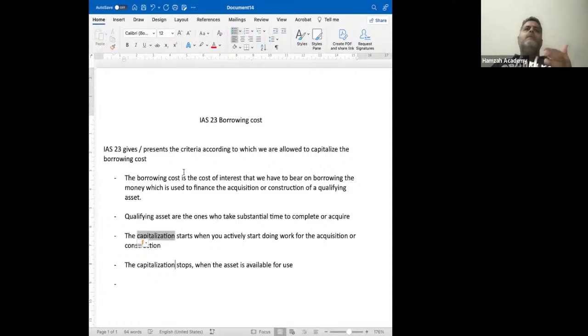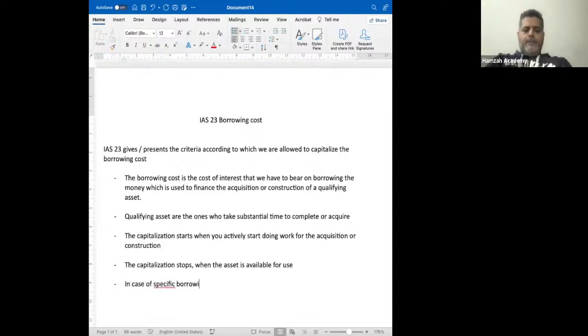I mean, if you don't use it for the next 5 years, it's your choice. The standard is simple, the rule is simple. Once the asset is available, stop capitalizing. That's it. Done. And one more point, the unique point, in case of